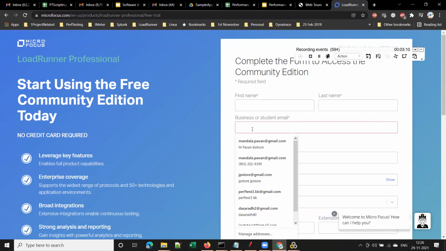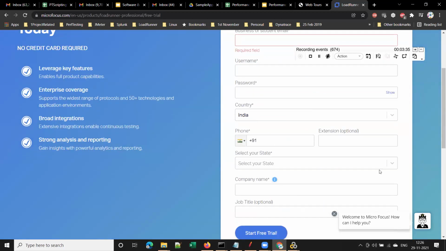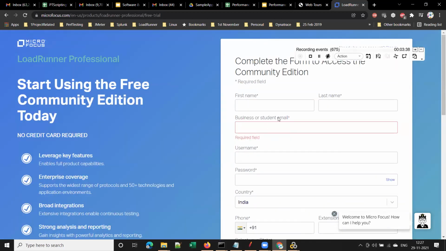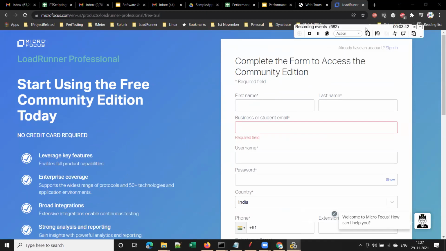Previously, they used to allow users to register with Gmail IDs also. But somehow, for the past 1 year, they are not allowing Gmail or Yahoo or any other public email addresses. You need to enter only an official email address or your student email address. This is from the past 1 year, guys. So those who have an official email address, you can provide it and download it yourself, right? You can fill this registration form. You can see here.